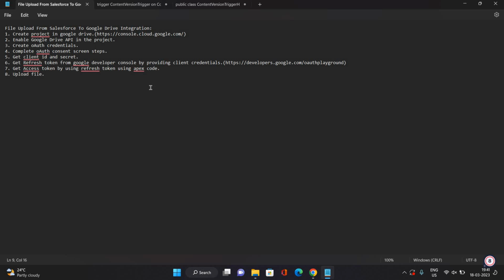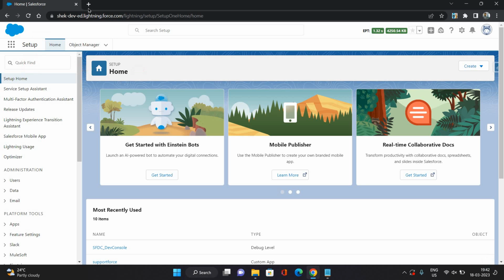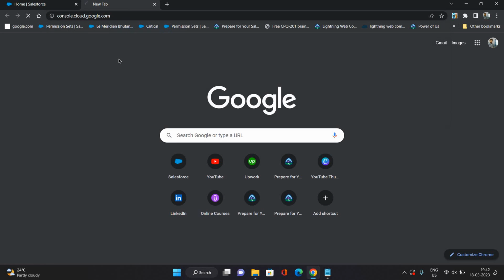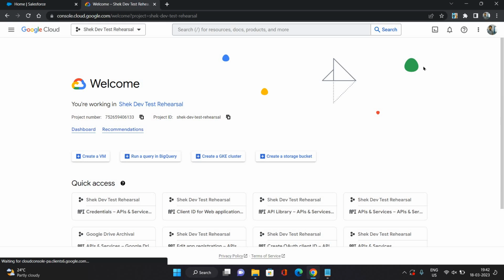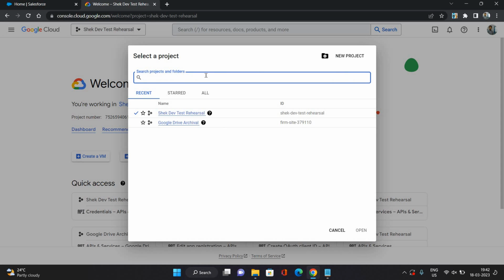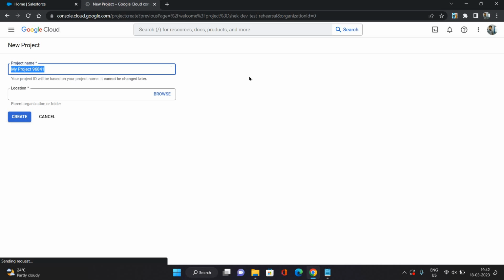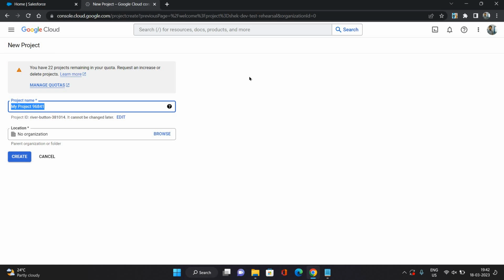So first step would be create a project in Google Console. So I will just open this URL. Okay, this is logged in with my account. Here we need to create a new project. I can make use of existing project, but I'm showing you all these steps. So I will be just creating a new project as